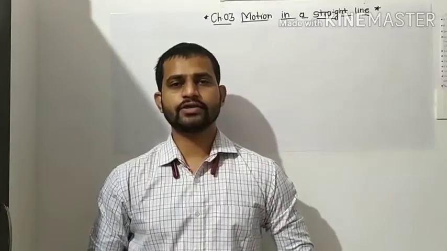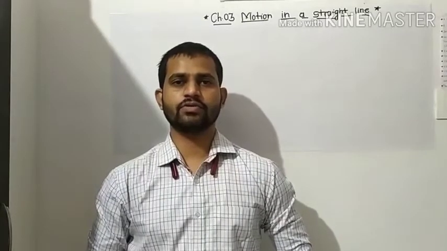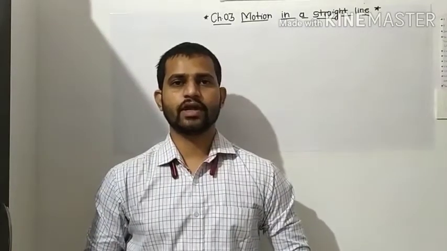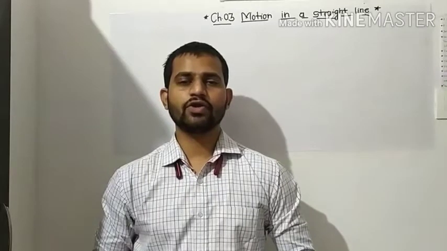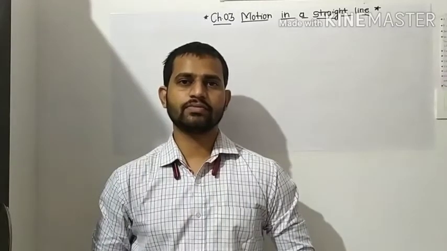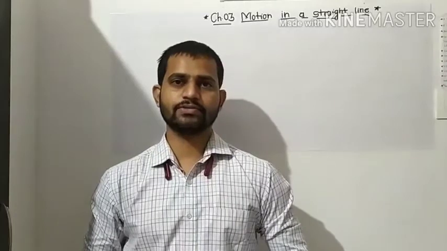We have started the third chapter from our 11th Science CBSE board for the subject physics. In the previous lecture we learnt about the average speed and the formulas for the average speed depending on two cases. In the first case, the interval of distance is the same, and in the second case, the interval of time is the same. Accordingly, we have to use the formulas of the average speed for the calculation.